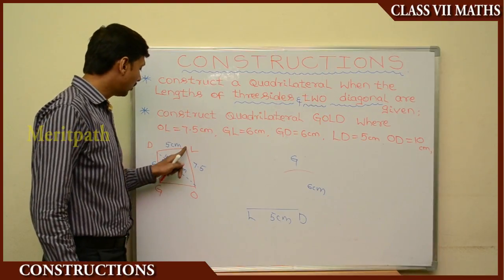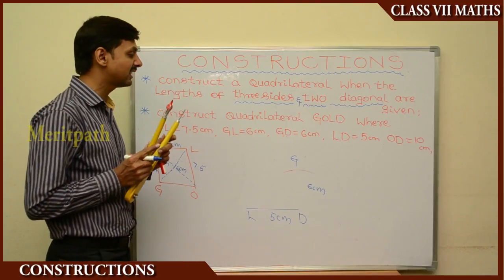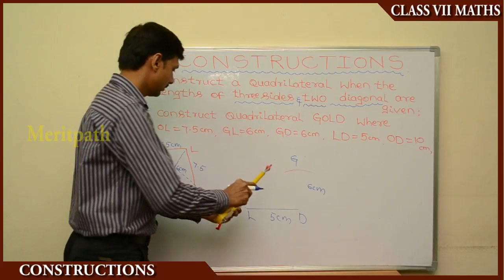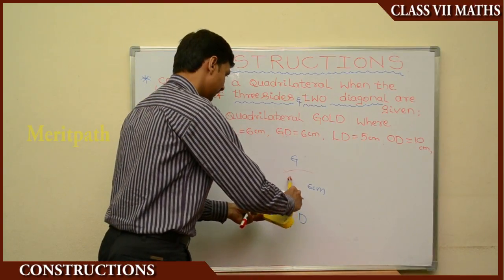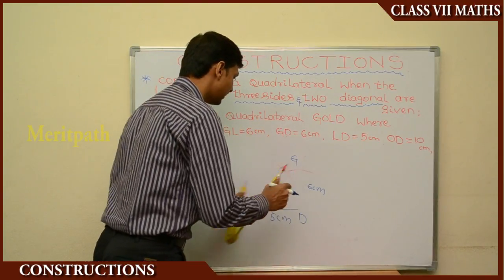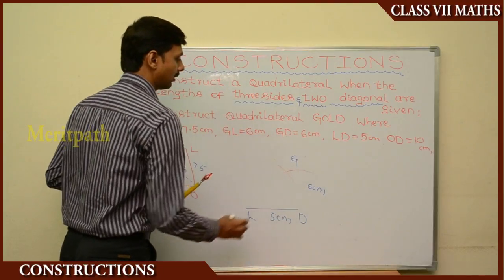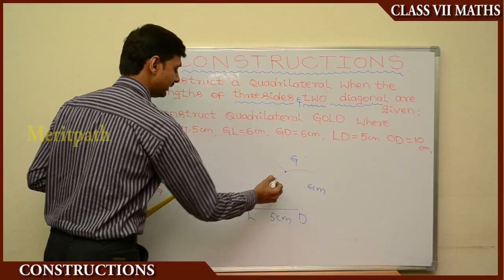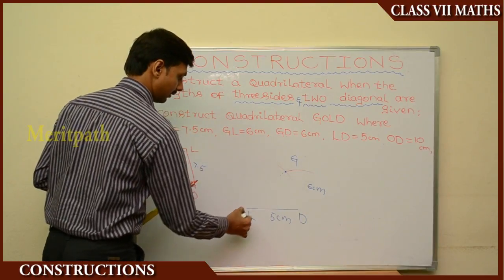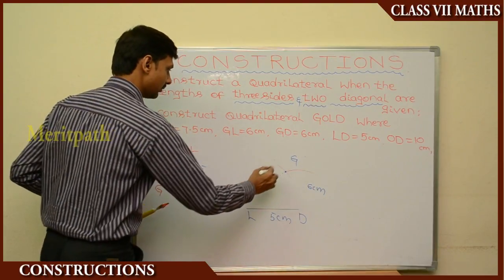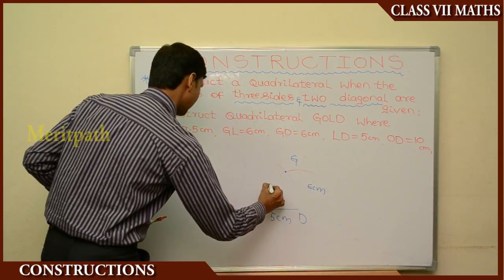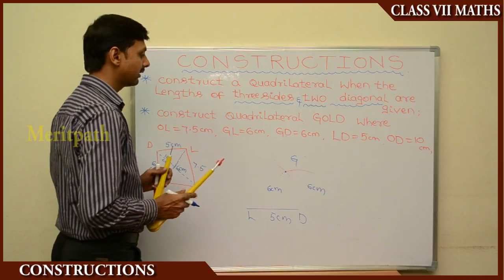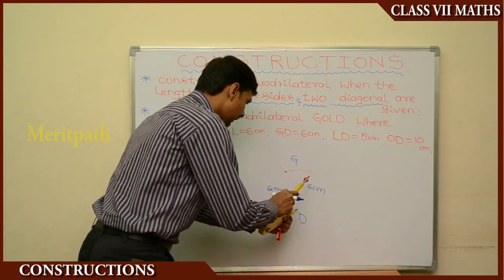And we know LG because we are going to construct the triangle LGD. So LG we know that is 6 centimeters. Let's take 6 centimeters radius on compass. Yeah, we have taken approximately. So this is 6 centimeters radius on compass we have taken. So this is G, and we constructed this diagonal. So that is LG, 6 centimeters. So let's make this arc big.